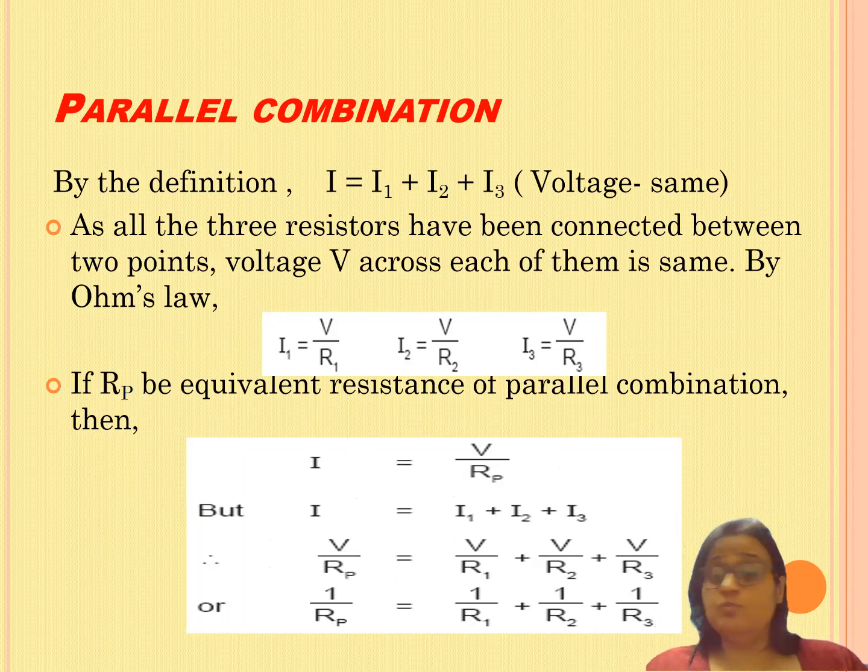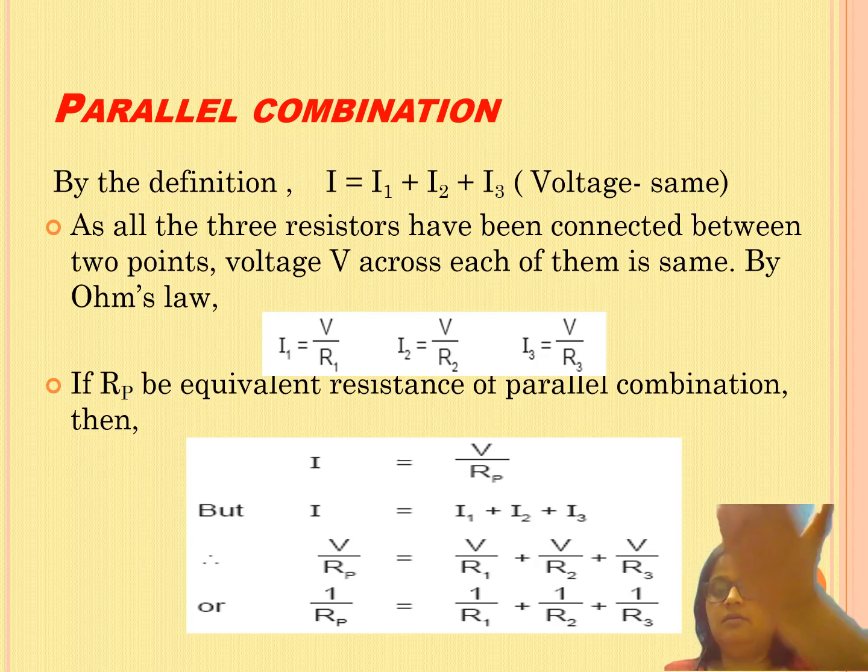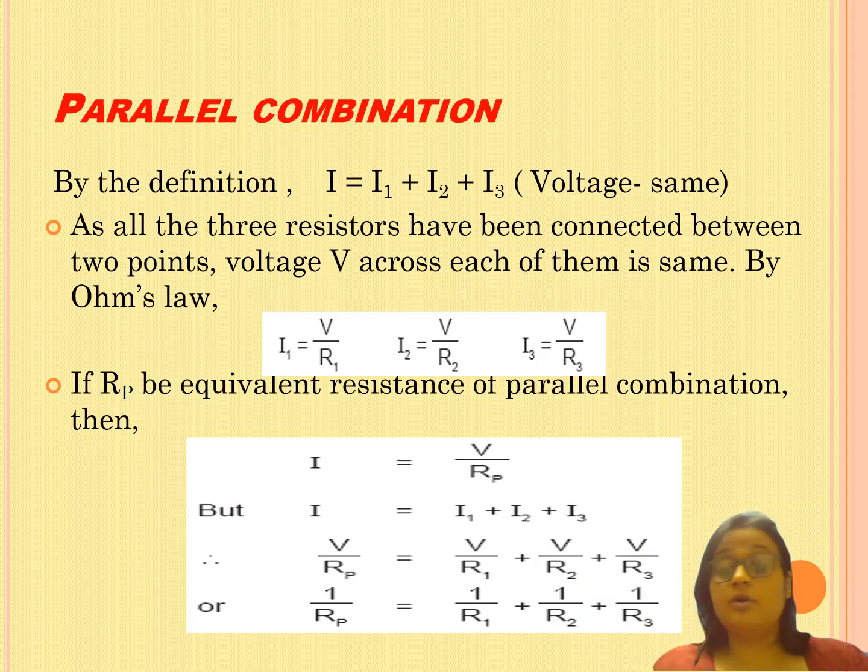Now what is Ohm's law again, but now we will find what is I1 instead of V1, because here what is different, that only you will find out, right? So what is I1? The formula will remain the same: V equal to IR, I equal to V upon R. So I1 equal to V upon R1, I2 is V upon R2, and I3 is V upon R3. But what is constant here? Yes, voltage is constant. That's why we are not using V1, V2, V3. It is only V here, right?